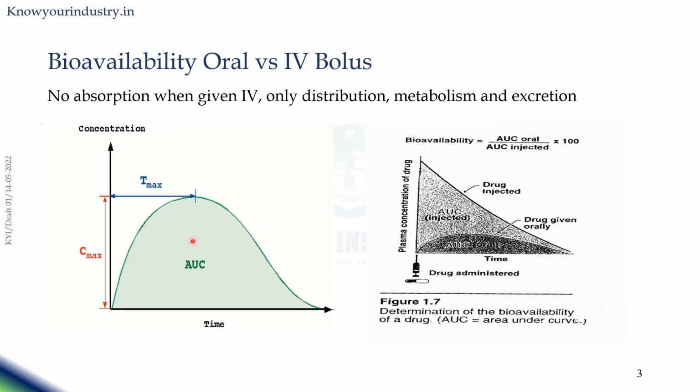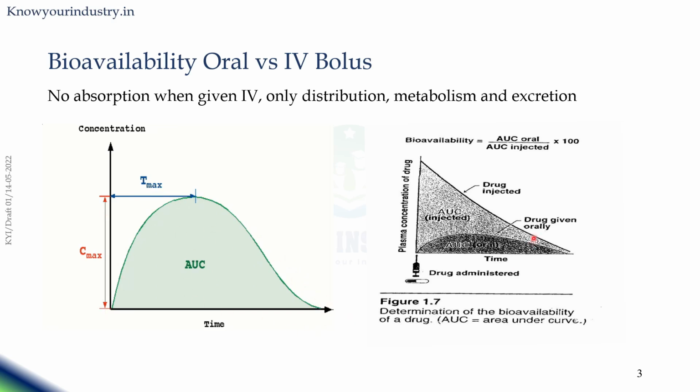This particular slide further explains the difference of pharmacokinetics between the oral dosage form and the intravenous bolus administration. The graph on the left side denotes the oral administration of the drug, where we can see the bell-shaped curve; the y-axis denotes the drug concentration and the x-axis denotes the time. So time versus plasma or blood concentration is the overall graph, and the individual pharmacokinetic parameters are explained here schematically, where Cmax is the maximum concentration observed in the diagram, and Tmax is